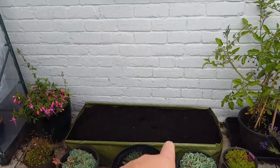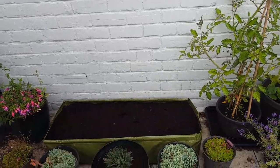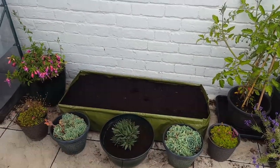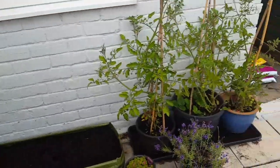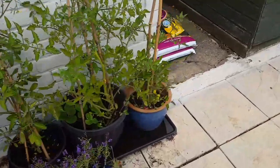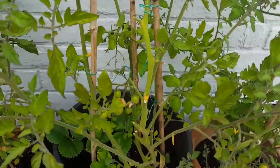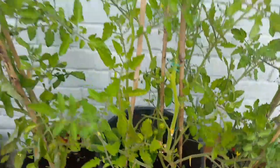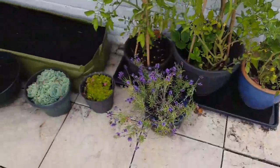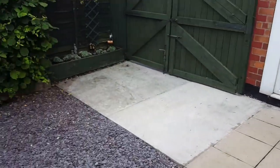That is potatoes, so see if they grow. But there you go. Just a few onions left in there. Tomatoes seem to be growing. I need to prune this back a bit so it gives more life to the tomatoes, not all the bushiness. So anyway, loads and loads of these I've